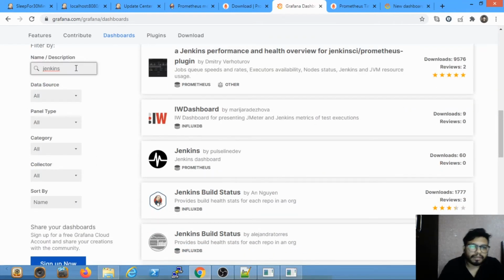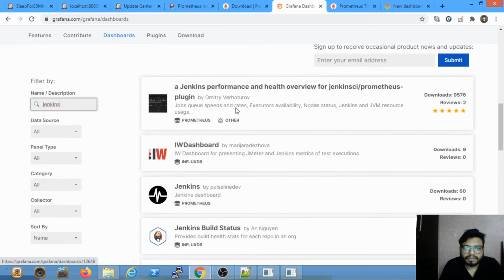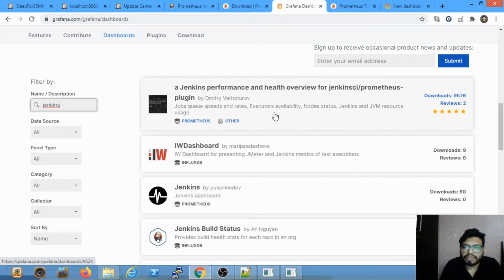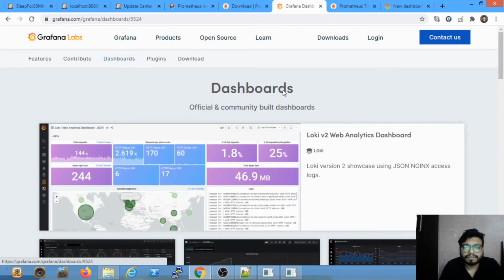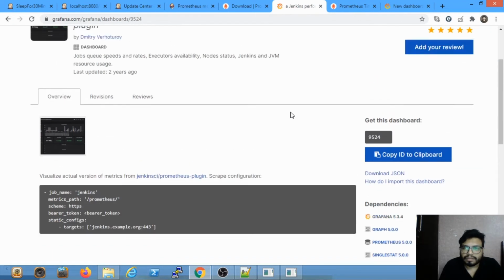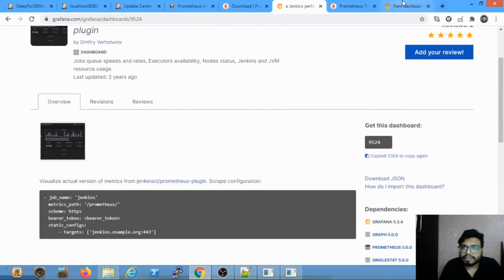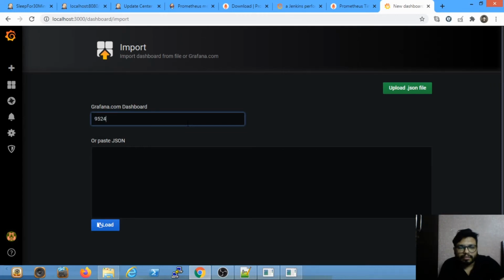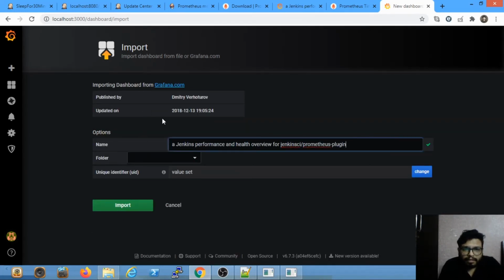I'm just searching for Jenkins here, and you can see multiple dashboards already available. I'm just selecting this one, and you can copy this ID here and paste the ID. Okay, so select your folder and then just click on import.